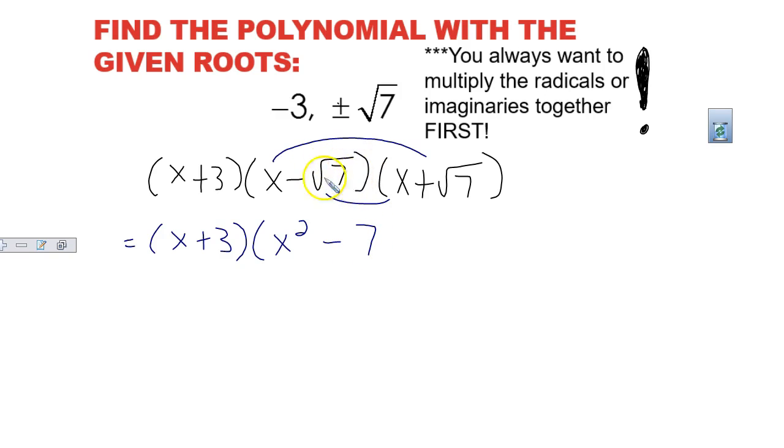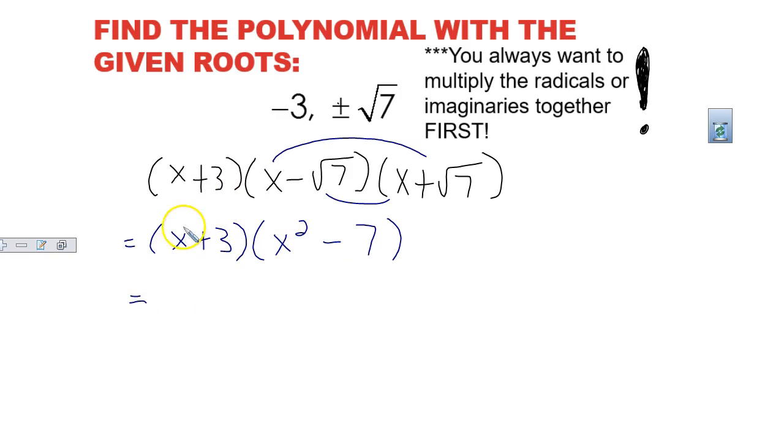So what you'll notice is when you multiply a square root times the same number under a square root, you get that number. That was really fast, and they all kind of work out that way for the most part. That was pretty simple and fast. If I had multiplied x plus 3 first into x minus root 7, going left to right, it would have gotten really messy. I would have ended up with lots of radicals and all kinds of other stuff, and it would have been much more difficult here at the beginning. Eventually, it would work out to be right, but it just wouldn't have been as easy as getting x squared